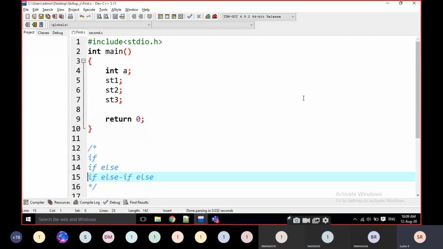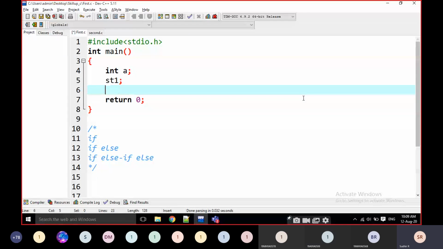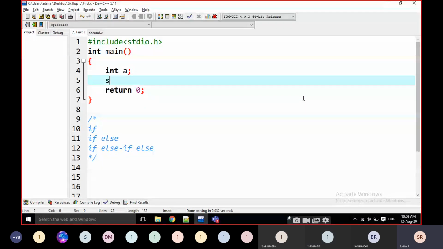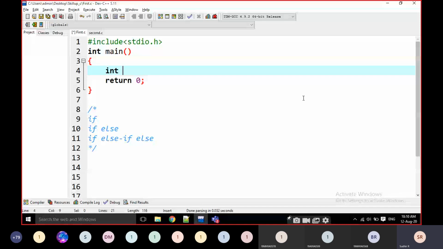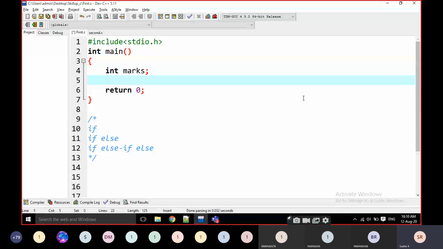Okay. I will write a small example here. Very small example. Some marks, for example, some marks is there. I am going to read that marks here.